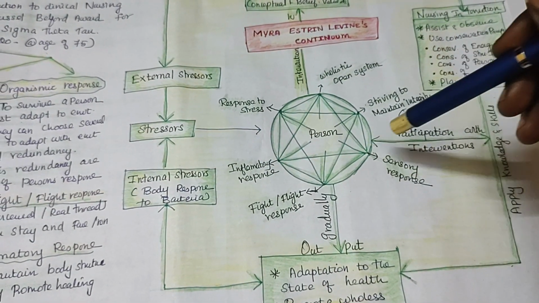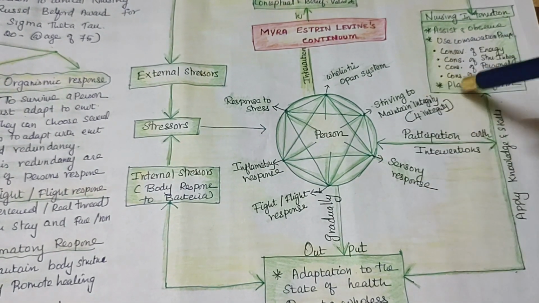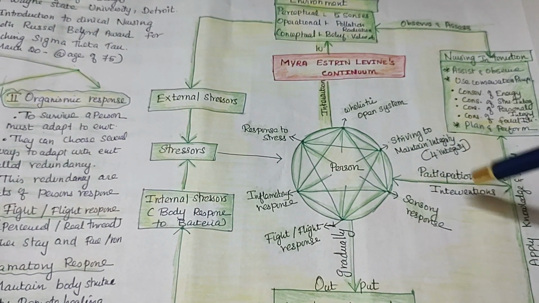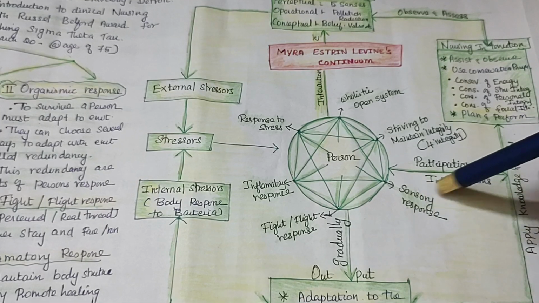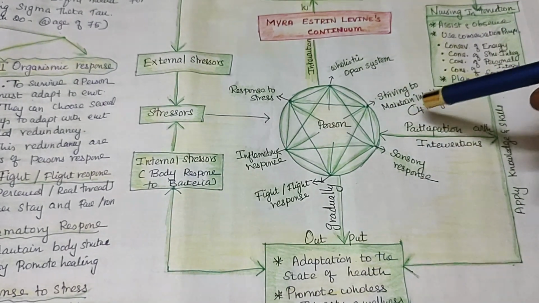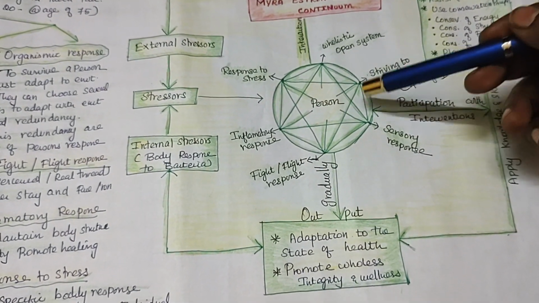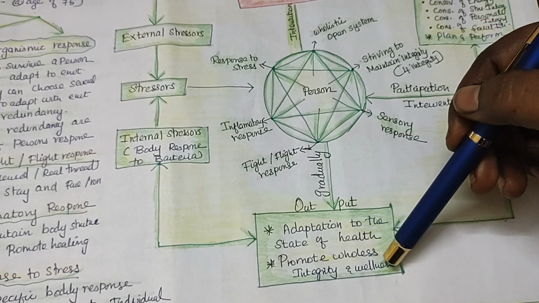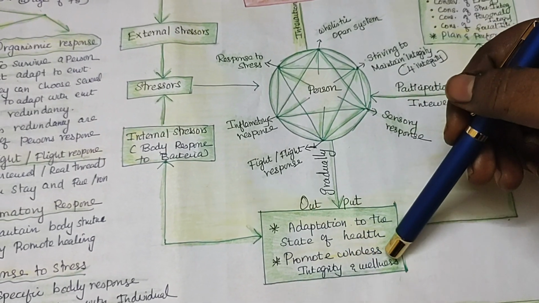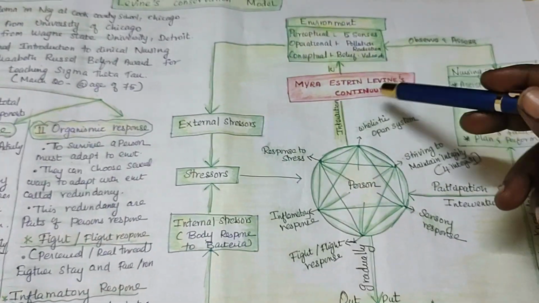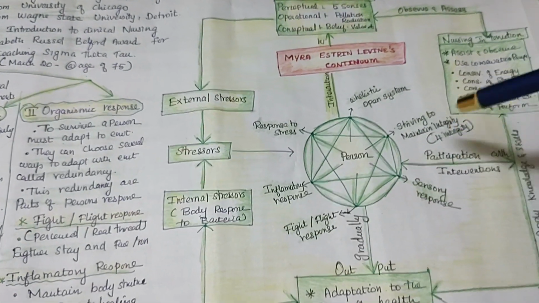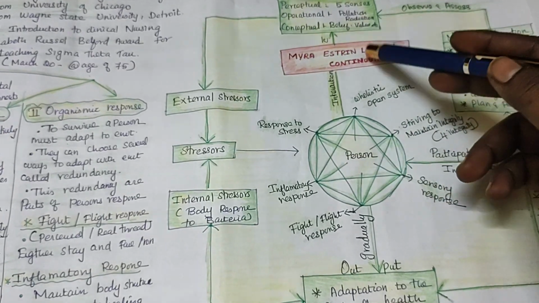where there is a problem in adaptation. We have to use our knowledge, skill and observation to make him participate in this. So you will help him sustain his integrity and positive responses, and gradually he will promote his wholeness, integrity and wellness. So this continuum clearly explains Levine's concept: who is the individual, what is the environment,